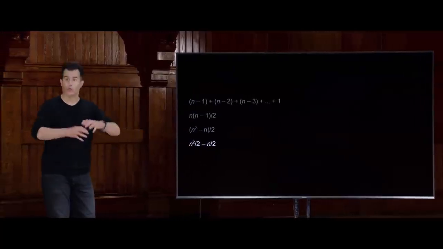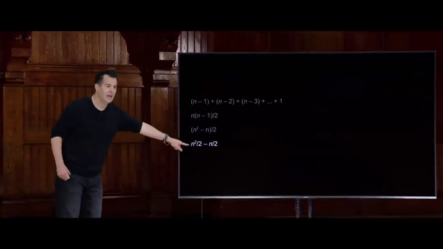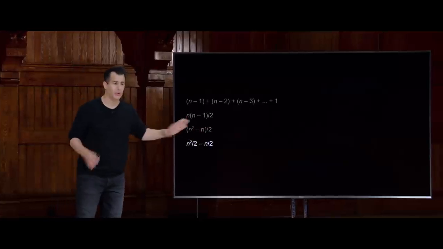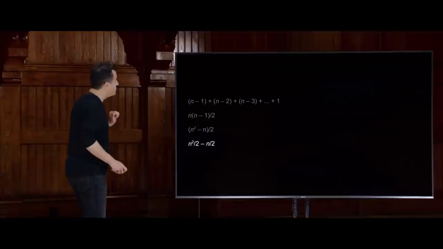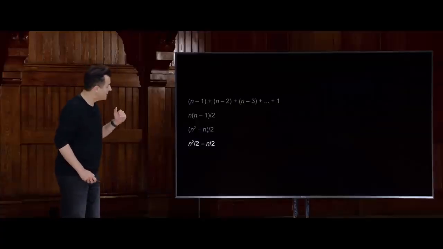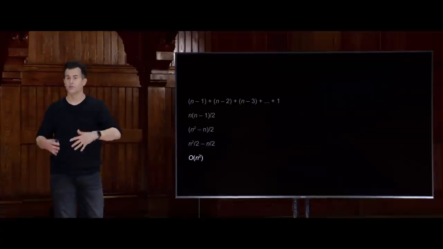And I dare say that if you take a really big number and square it, that's a way bigger deal than just dividing by 2. In other words, the highest order mathematical term here is the n squared. That's the one that's really going to matter when we're talking n equals 1,000,000, 1,000,000,000, 1,000,000,000,000. That's going to dominate all of the other terms. So if I use my asymptotic notation to describe the upper bound on the running time of selection sort, it's on the order of n squared.